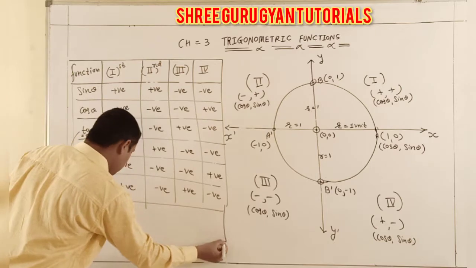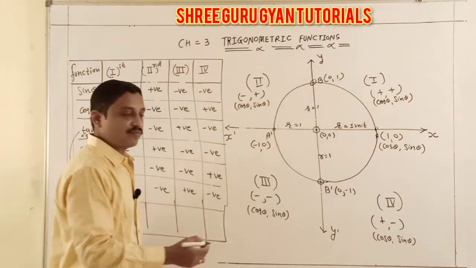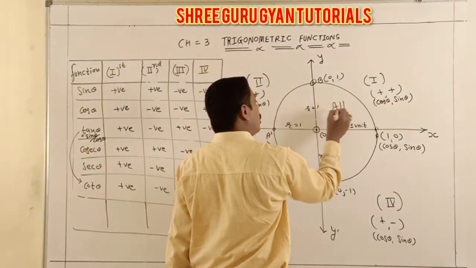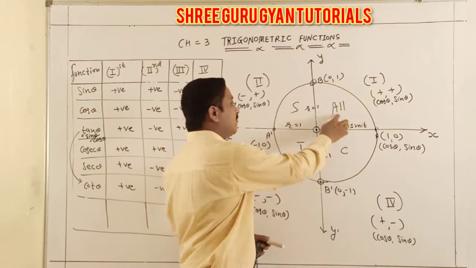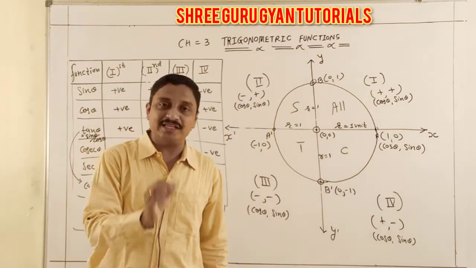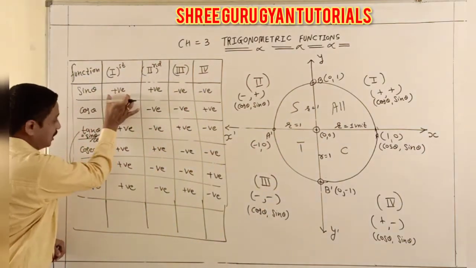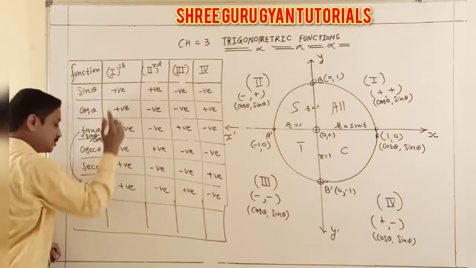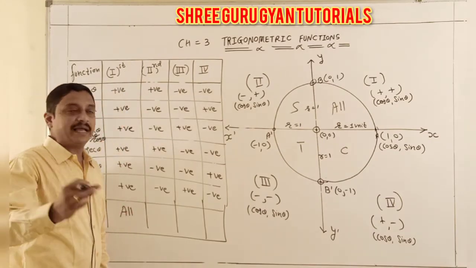It means, students, here I derive one of the shortcut formulas. The shortcut formula I told is All Sin Tan Cos. Just learn it by heart: after school to college. Yes, after school to college is a shortcut, but actually All means all of these are positive in this first quadrant. So here I read All. So easily learn this table by heart.